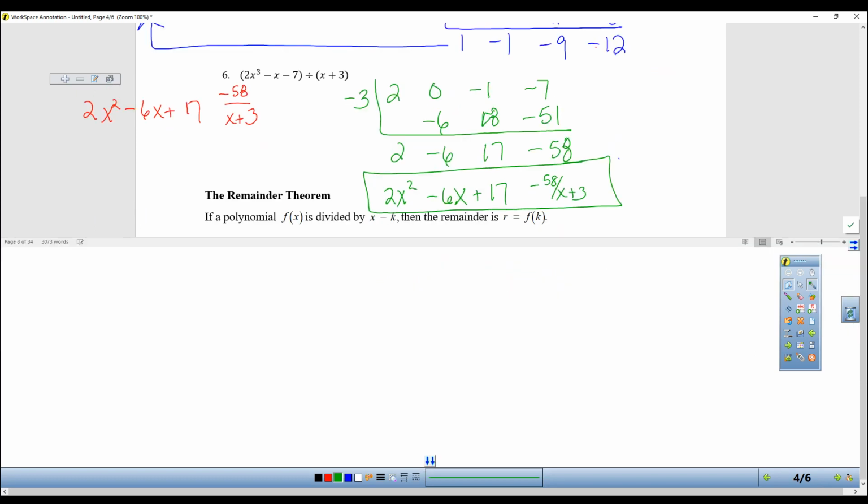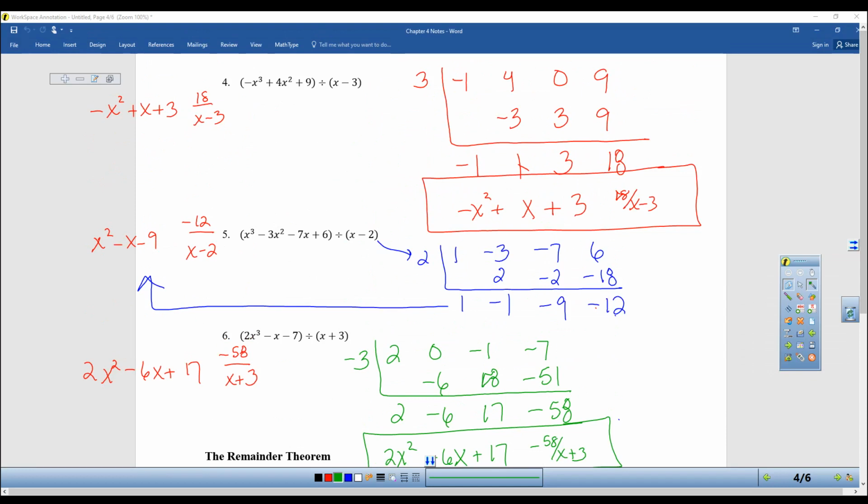Next up, the remainder theorem. The remainder theorem says that if a polynomial function is divided by x minus k, then the remainder r is equal to f of k. That sounds so confusing. So I'm going to explain super easy what it means. It's actually amazingly cool. So not only does synthetic division allow you to divide without using long division, which already